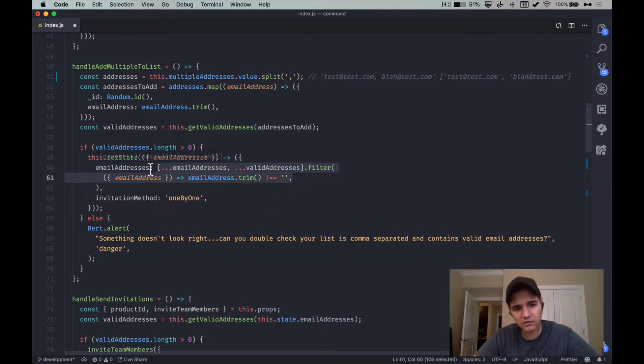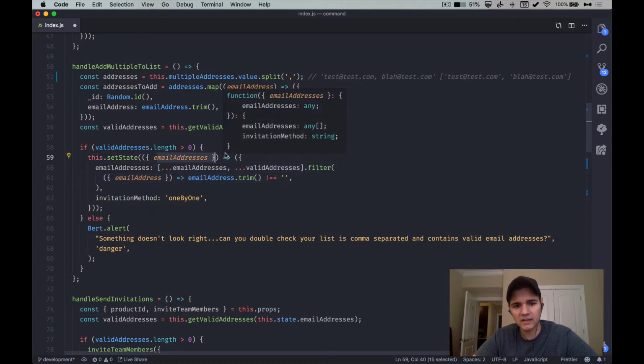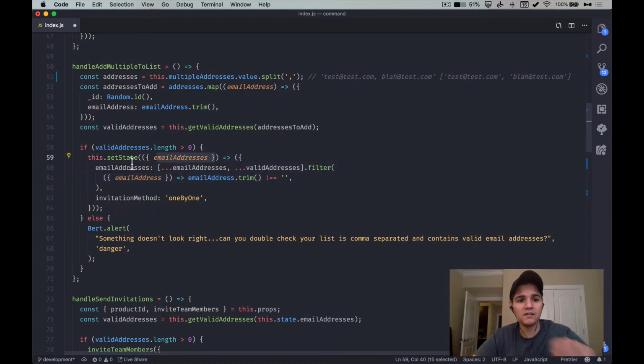So what this is doing is it's saying create the array, filter it, and then all of that at the same time is being passed to our set state call. The way that this function method works is it's saying here's the current value, and then as the response to that function, set state is expecting me to return the new state value that I'm trying to set. So effectively what I'm doing here is I'm saying set email addresses and invitation method on state to these values. So in this case we have our sanitized list of email addresses,